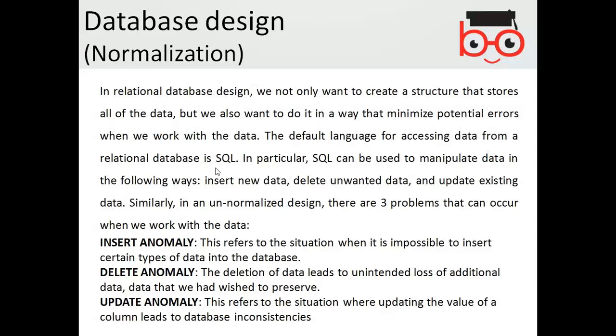So basically, you should normalize the database. You should make the database error-free so that you do not have any problem. For example, if you wanted to insert data, it could be inserted into the database easily. When you delete data, then only that particular data should be deleted; it shouldn't affect any other data. You should be sure about the deletion process.